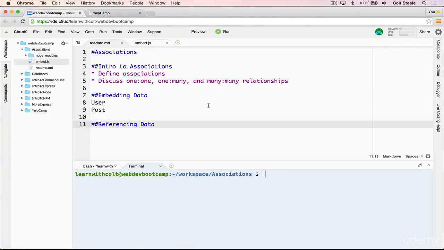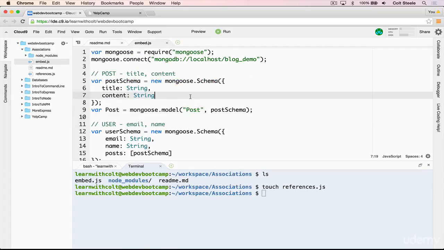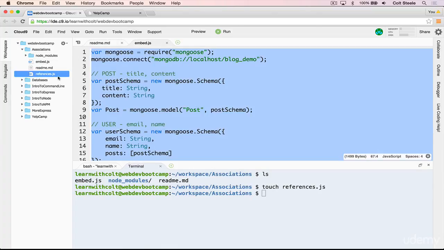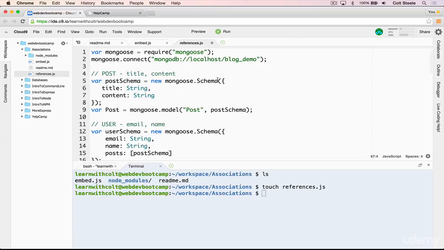Welcome back. In this video, I'm going to show you the other way of associating data, which is by using object references. So before we get started, I'm going to make a new file here in the same directory, and I'll call this one references.js. And I'm going to just copy everything over into that file from our previous lesson,